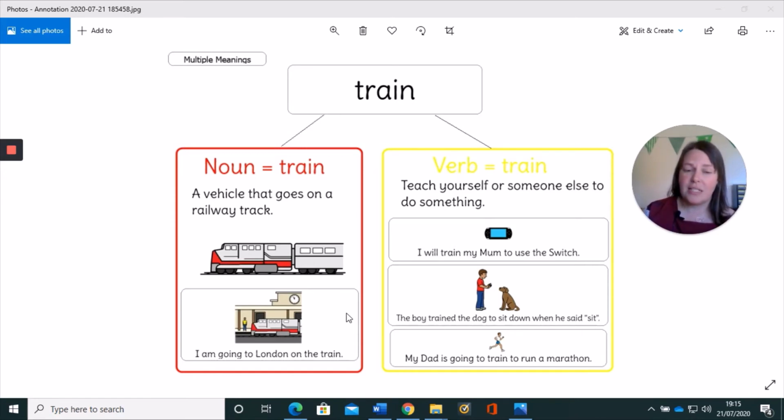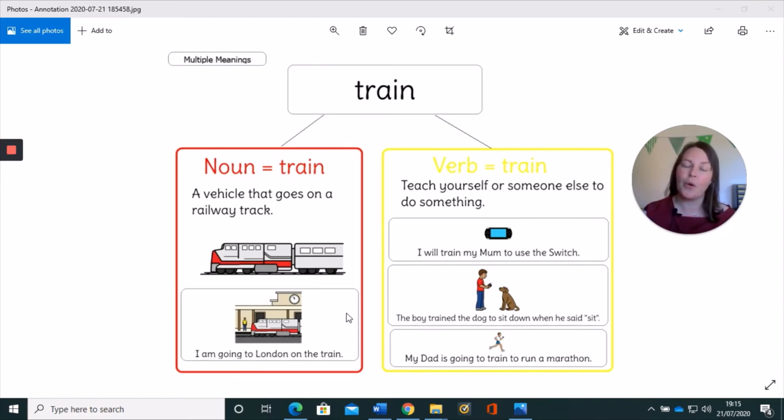Trying to use sentences that mean something to the child, relate to their situation and their life and their interests, or something that they've been learning at school, is really helpful because it helps them to see how they could use that word in their everyday experiences. The more examples, the better. Then to make this more of an active process, once you've worked this through together and made it up together, the next time you revisit it, you could cut it up and use a blank template for the child to take the pieces and allocate them to the right